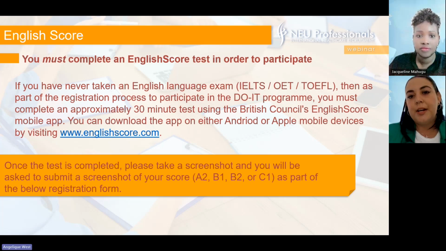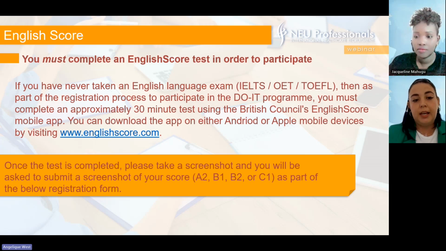When you register for the DOIT program, you will need to complete an English score test in order to participate. If you've never taken an English language exam, then as part of the registration process, you must complete an approximately 30-minute test using the British Council English Score.